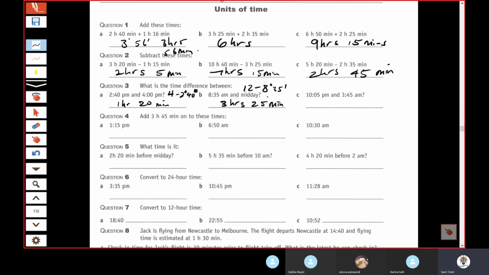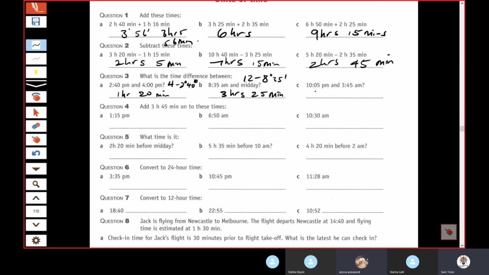Any questions about that? Right, C. Okay, this one here. See how it says PM and AM? So you can't just go and subtract it, right? Because your calculator would assume that was 10 AM if you just subtract the two. So the trick for this,